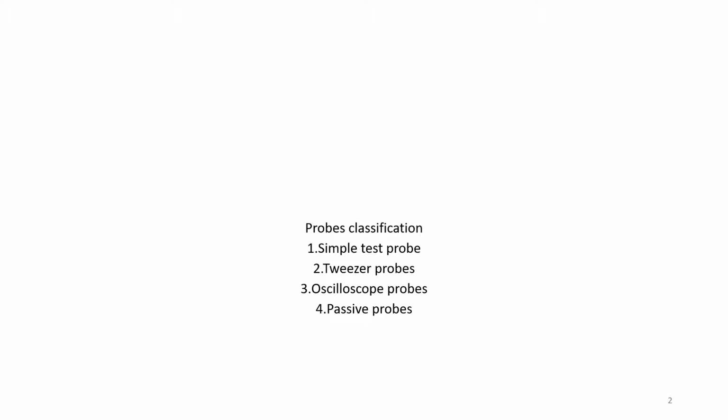Flying leads are likely to pick up interference, so they are not suitable for low level signals. Further, the inductance of flying leads makes them unsuitable for high frequency signals. Instead, a specific scope probe is used, which uses a coaxial cable to transmit the signal from the tip of the probe to the oscilloscope.